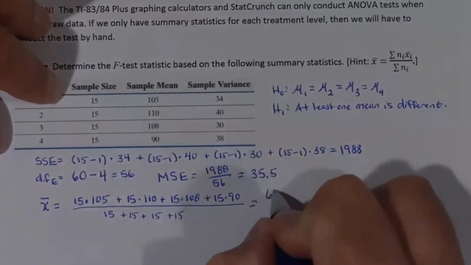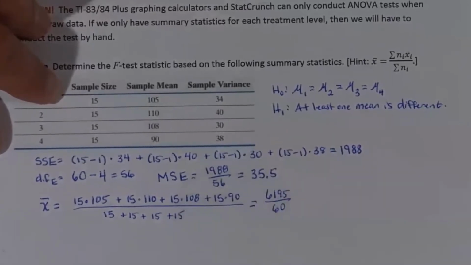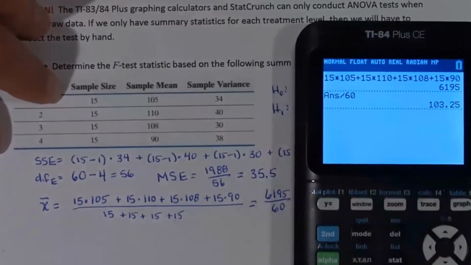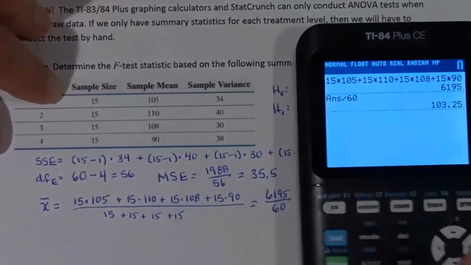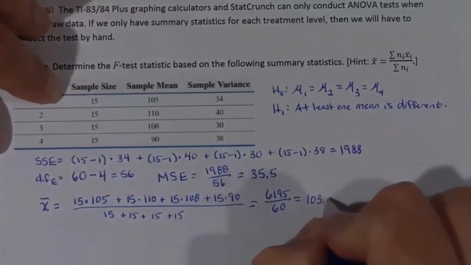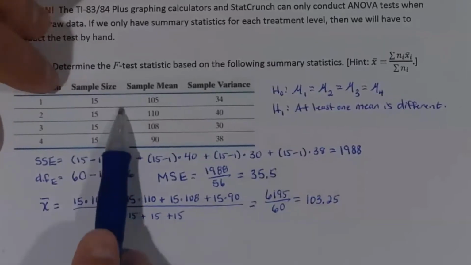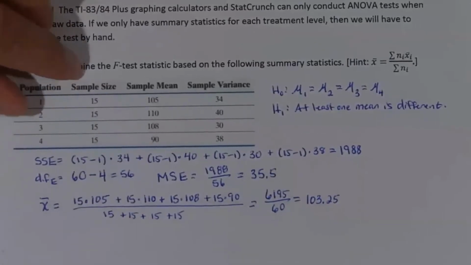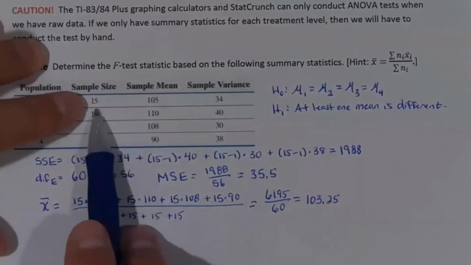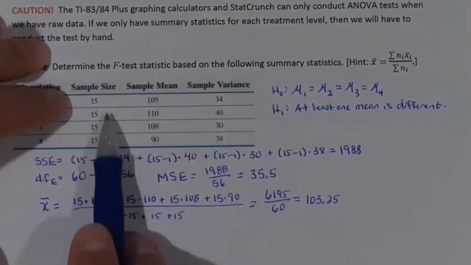So I have 6,195 divided by 60. So if I do that division, that's 103.25. Now again, that is the overall mean of all 60 data values. And so again, what I'm really doing is I'm weighting each of the individual means by the sample size and finding a weighted